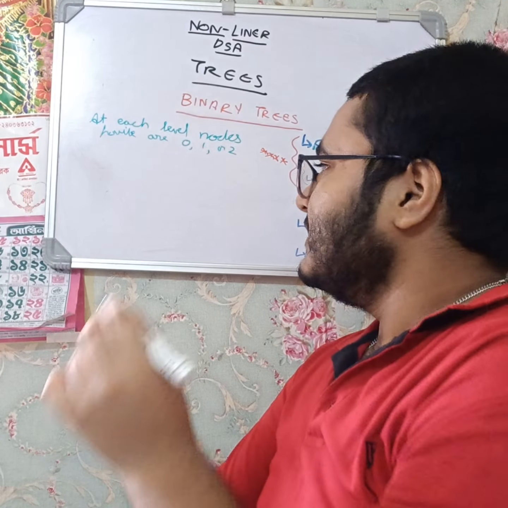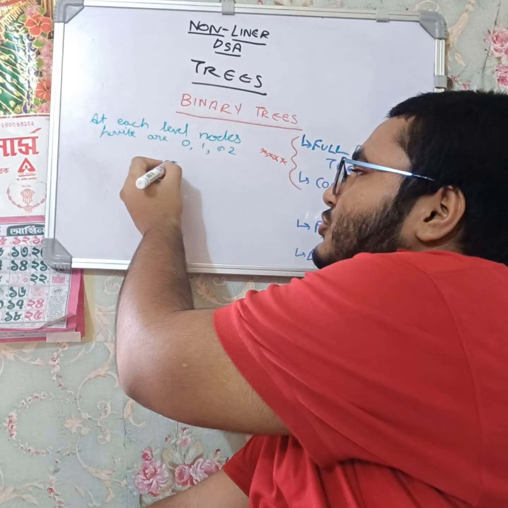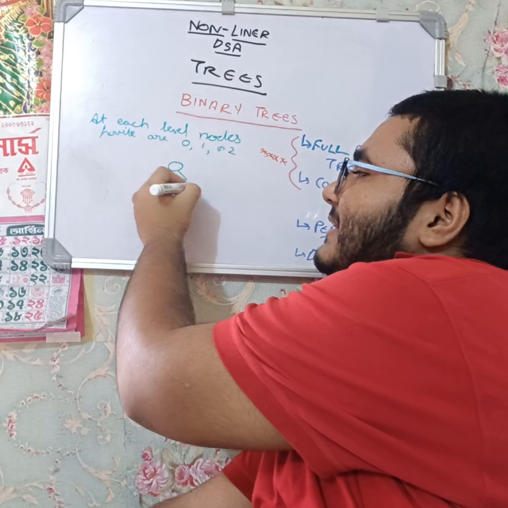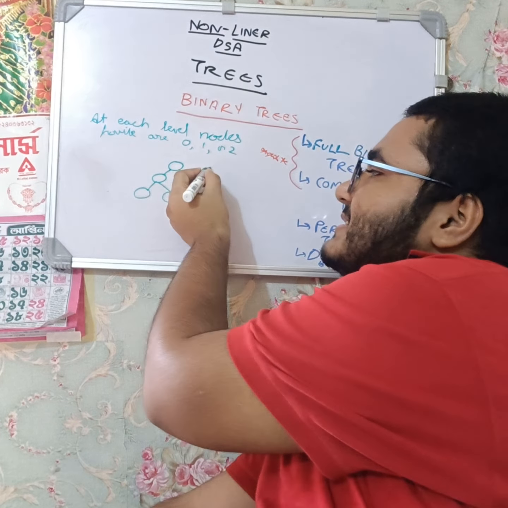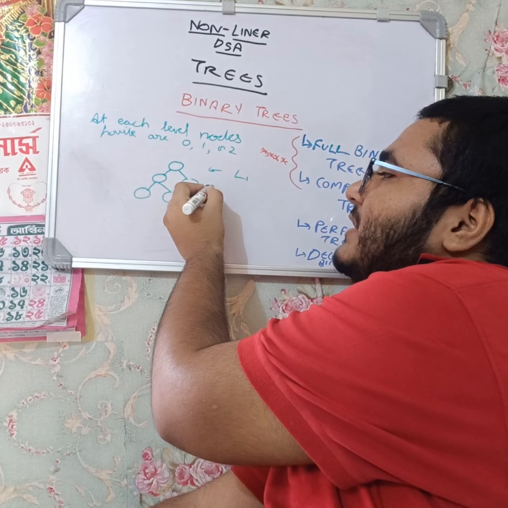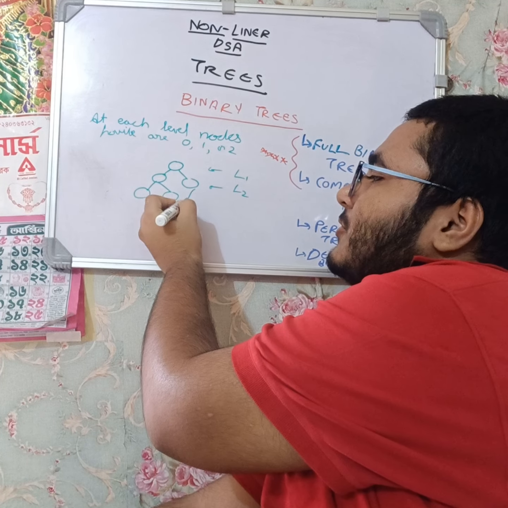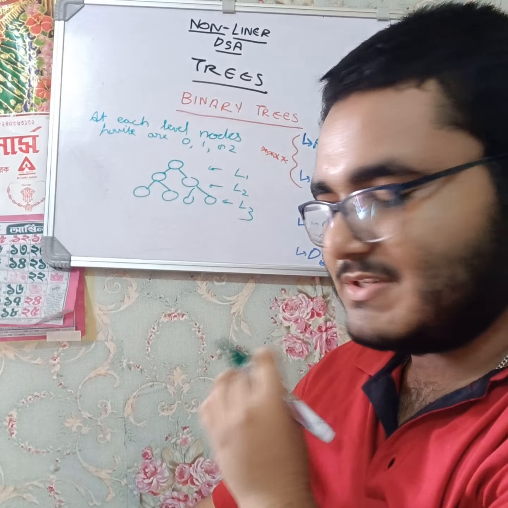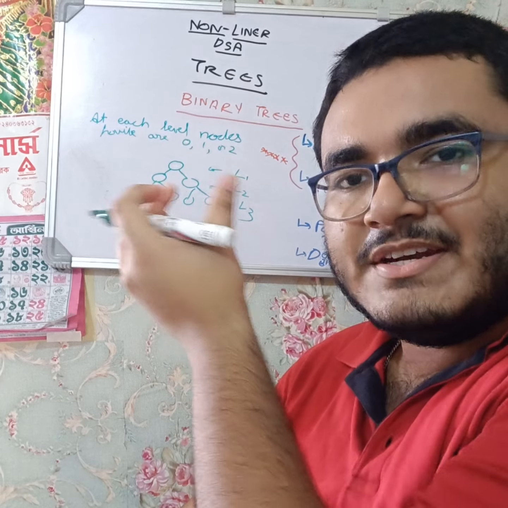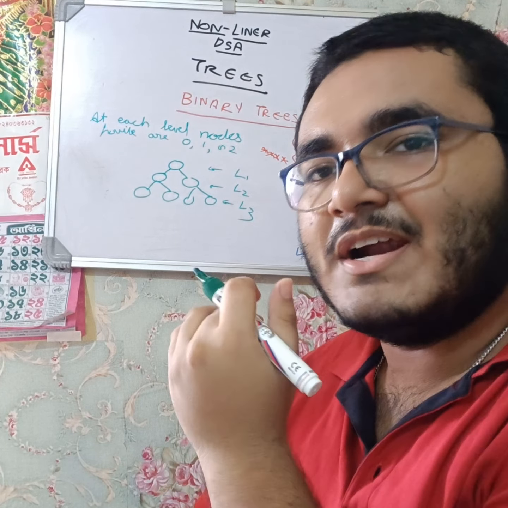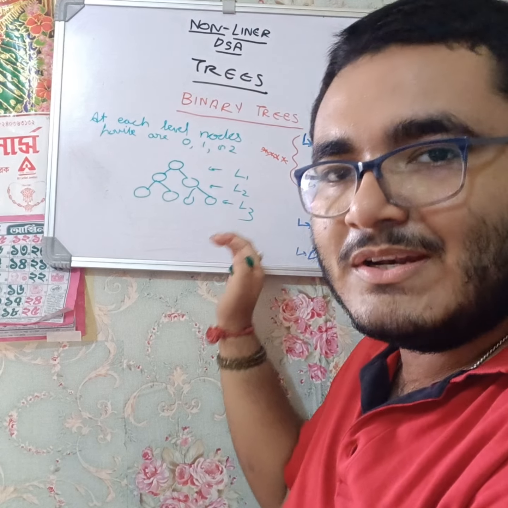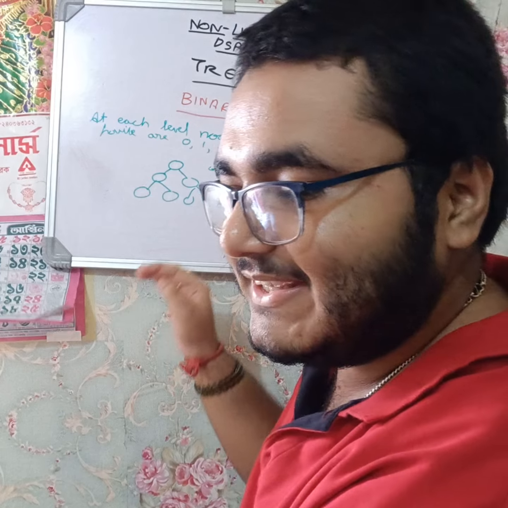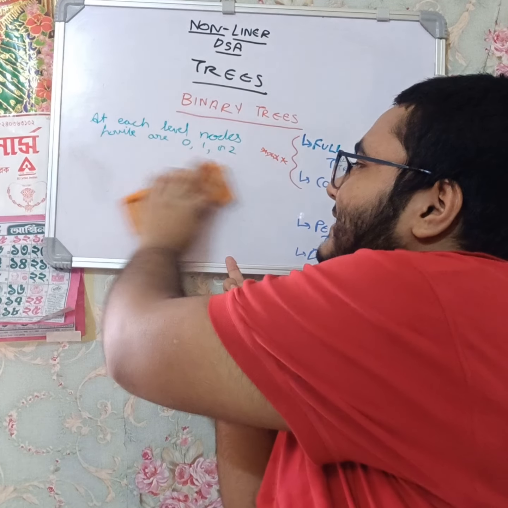Starting from the root to the children, if I build a tree, these are called the levels. Level 1, then level 2, then level 3. In this way a tree progresses, like first generation, then second generation, then third generation. So here it is level 1, then level 2, level 3. In this way we can build a tree. So at each level, in case of a binary tree, if I start from the root,